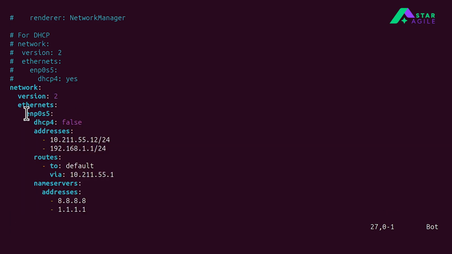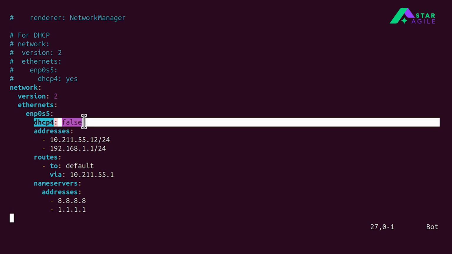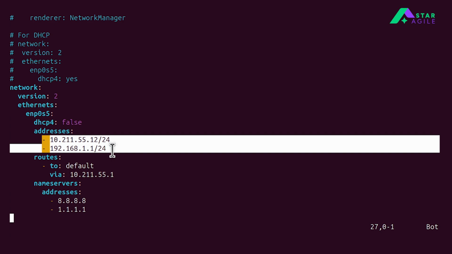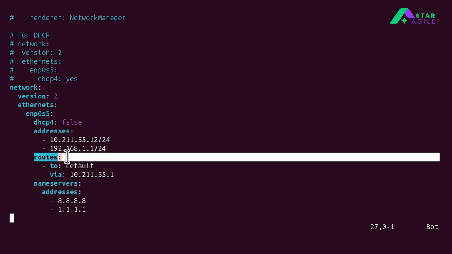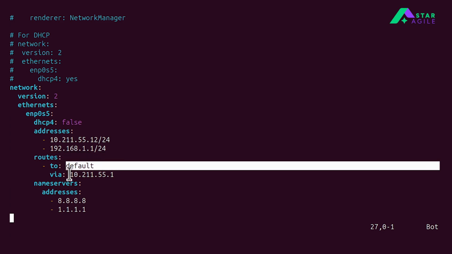Currently this file says that on the interface enp0s5, DHCP is disabled, and these are the two IP address ranges you can see. One is 10.211.55.12/24, then another one is 192.168.1.1/24, and then we have to define the routes, because this is how the traffic is going to traverse to our machine, right? The default route we have set up is via